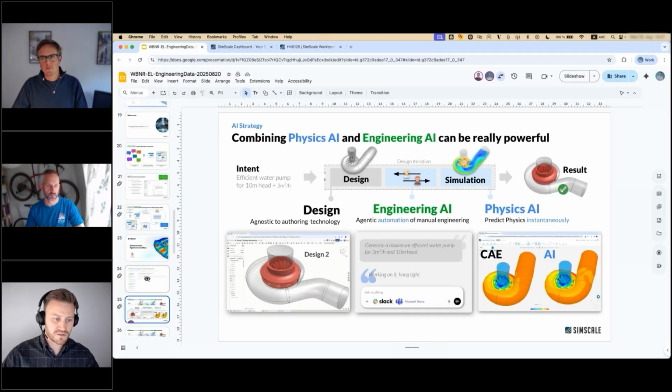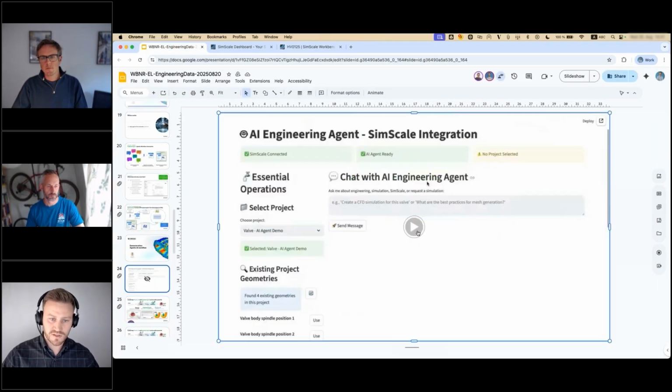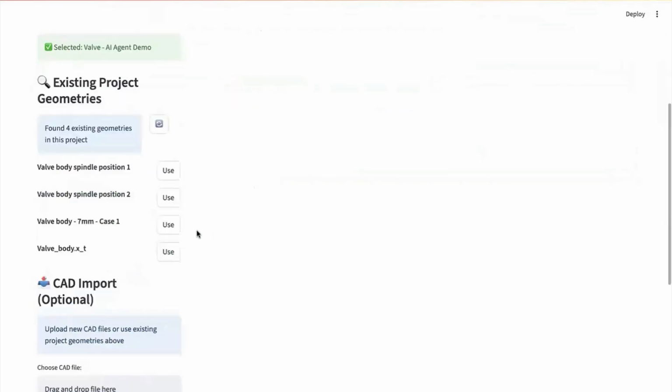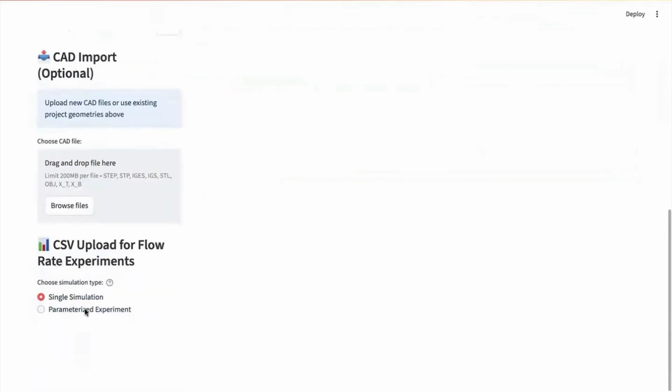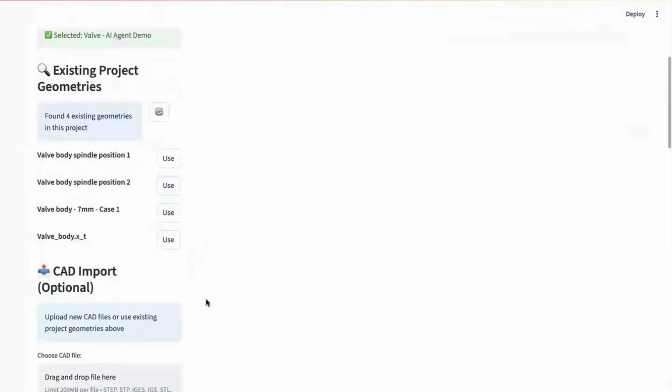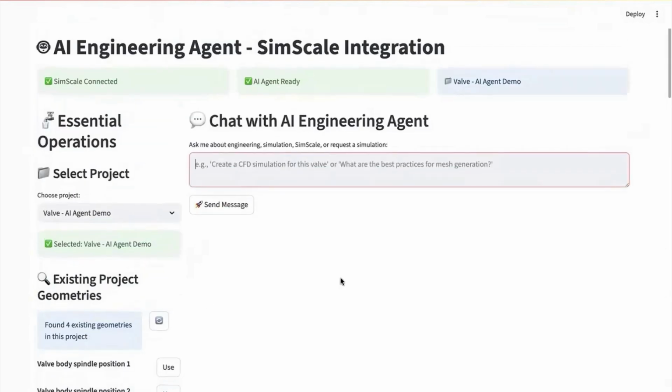There's a short video here that shows the agent running outside of SimScale, just to show how it is entirely possible to have an agentic workflow that isn't run directly in the web UI as we just saw it. It can run as part of a much broader workflow and can be plugged into many different systems.